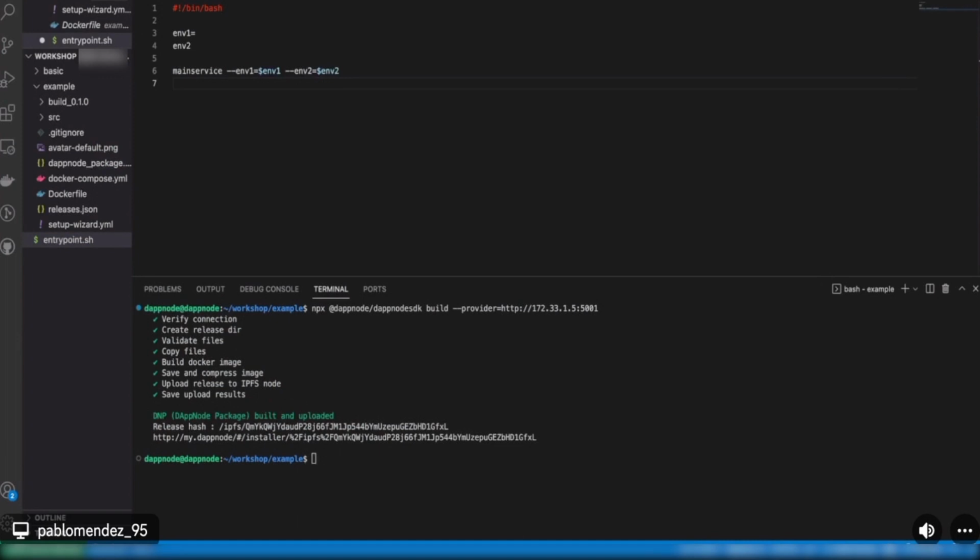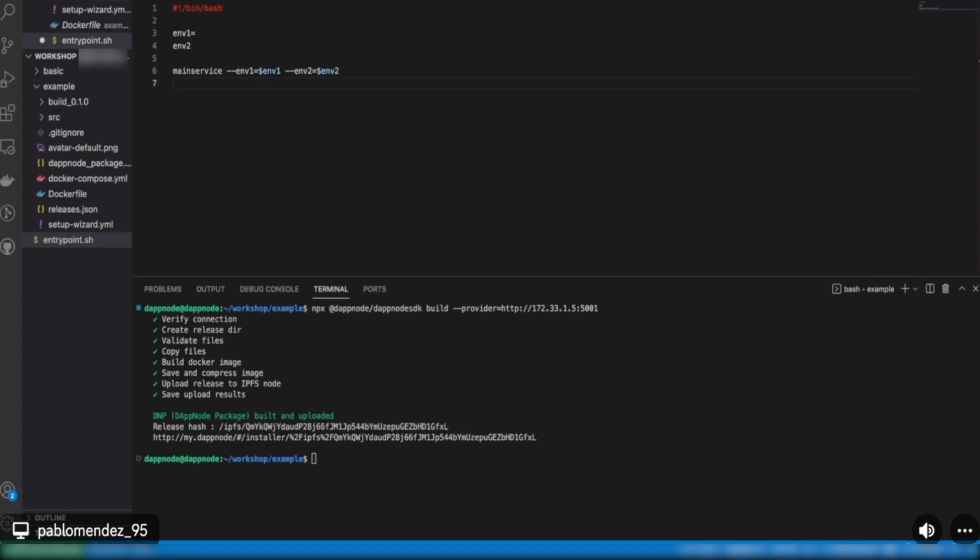Okay. I think that you're asking if you need to install an operating system in the DAppNode, right? So exactly. The thing is that you don't need to, because as you can see, Pablo is now streaming his Visual Studio Code. And if you look at the bottom left corner, you can see that he's using SSH.